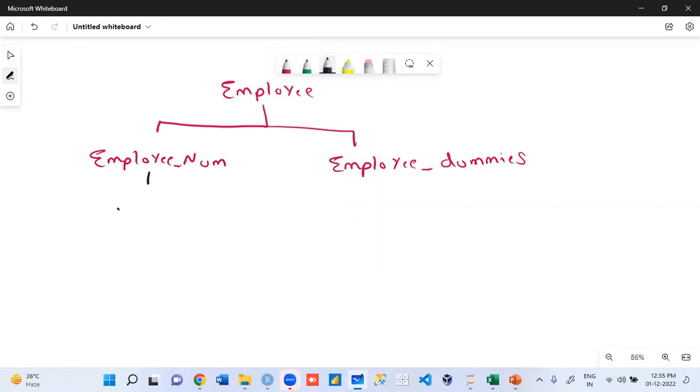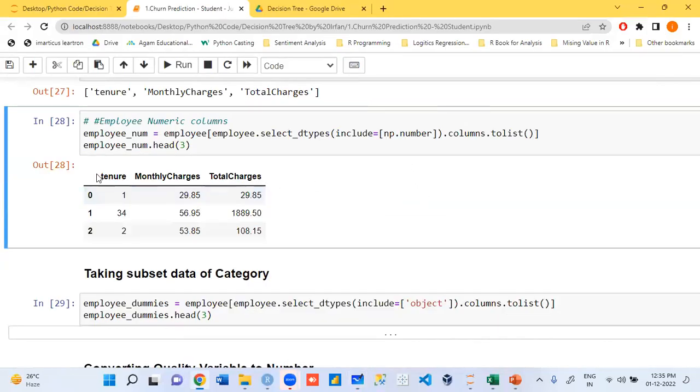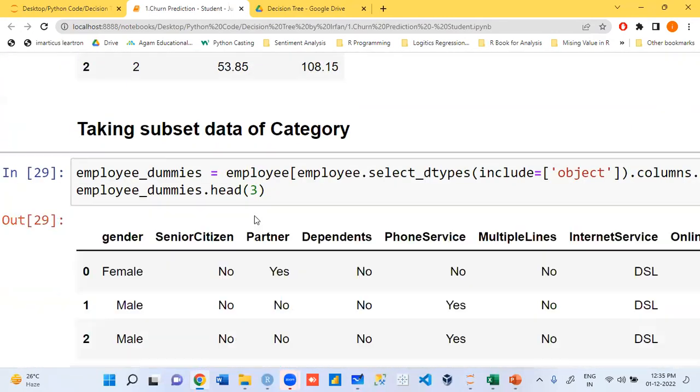Employee num will have all numeric variables. Employee dummies will have all category variables. All numbers are in employee num. Then I've taken employee dummies.